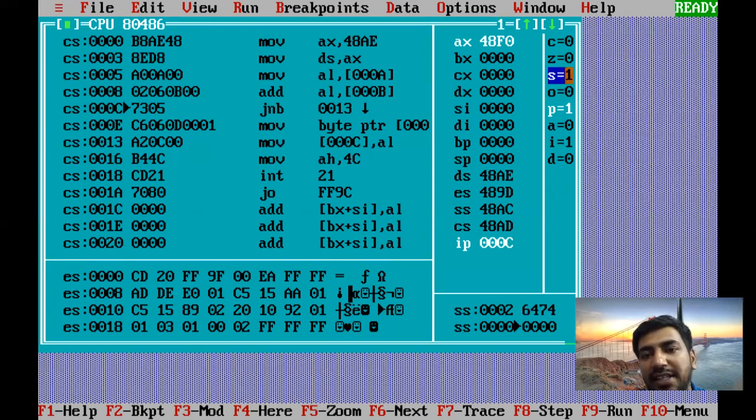That's why it shows S equal to 1, but it is not a negative number. People say that if the sign flag is 1, it is a negative number, but it is not. It has not yet crossed the 255 limit, and the MSB became 1. That's why you get the notion that the number is negative, but the number is still positive, because I am considering the range of positive numbers up to FF.